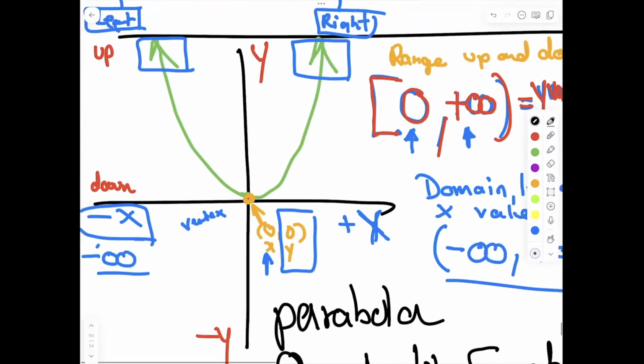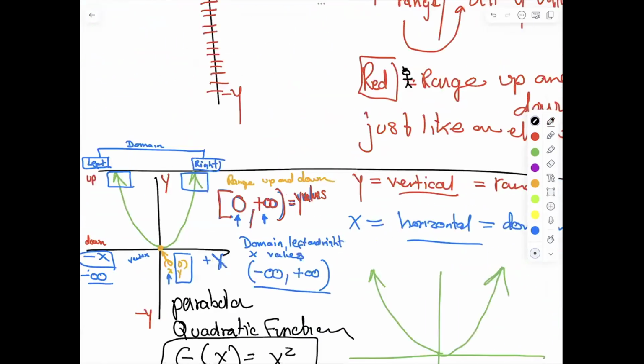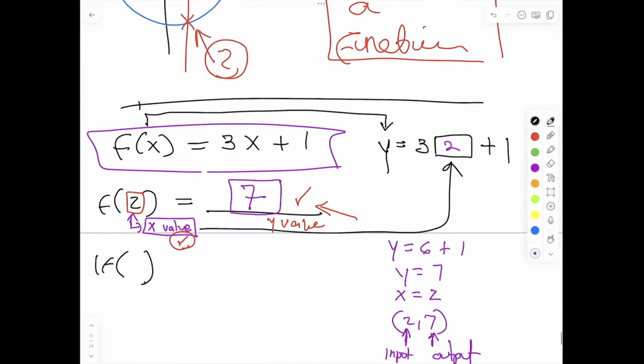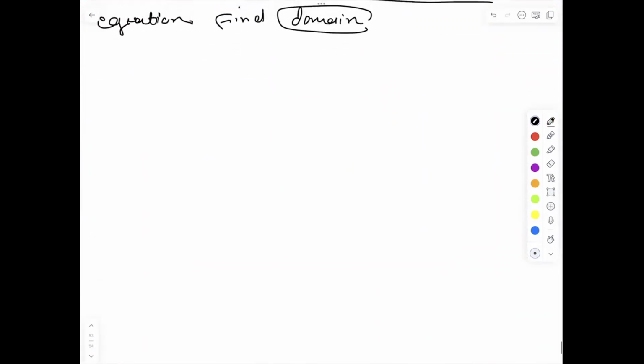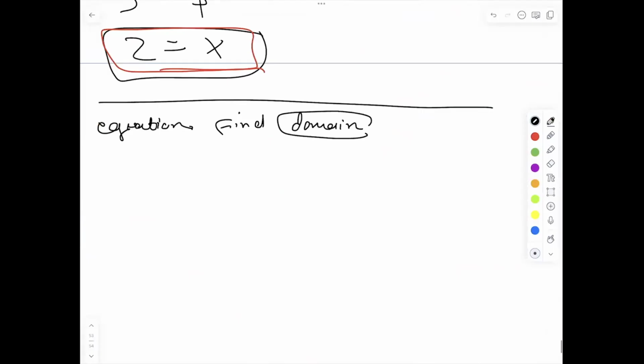The graph is going to tell you what the domain is, what the range is. But what happens when you're not given a graph? What happens if you're given an equation, right? So if you're given an equation like this, let's say, square root of x. If they ask for domain and range,